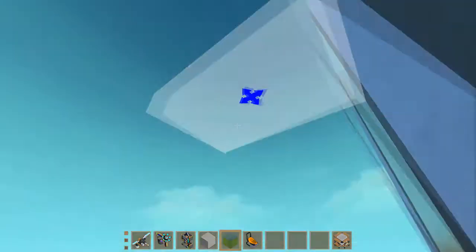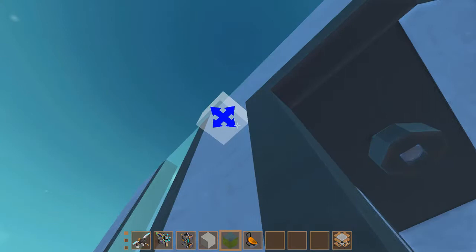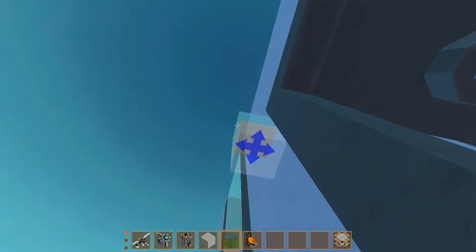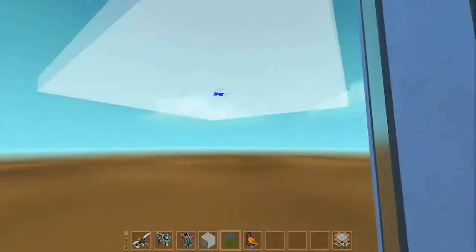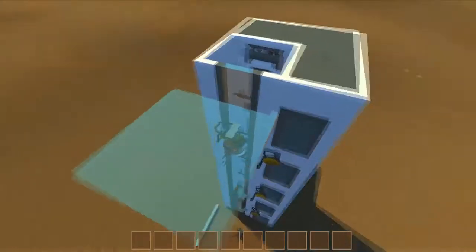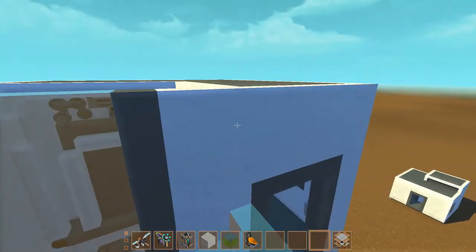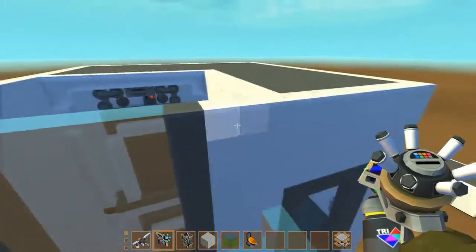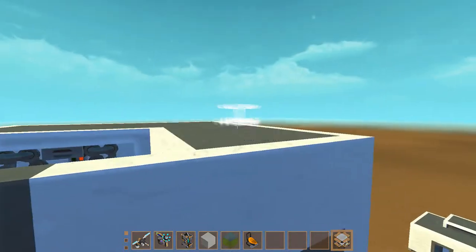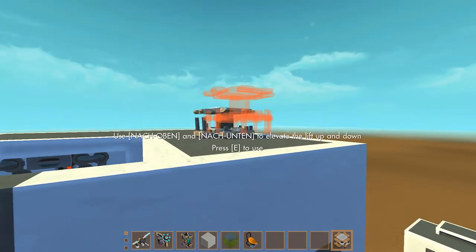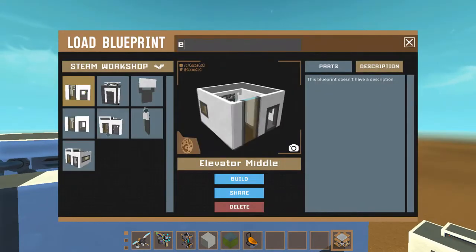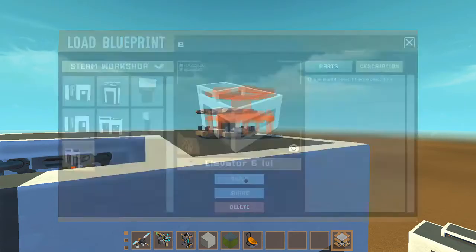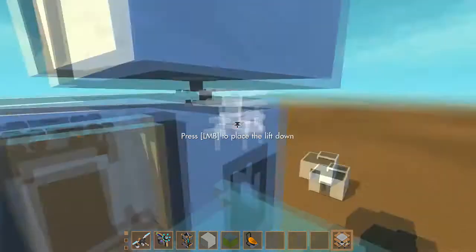and then we go ahead, jump down again, and then we go a few blocks down. Now first place 1 block, then it's easier to remove later on. And then we go ahead like that, then we can go ahead like this, and now maybe even 1 more block up, so you can easily weld to here. So the next thing is we need to spawn our elevator top part. Elevator 6 levels,